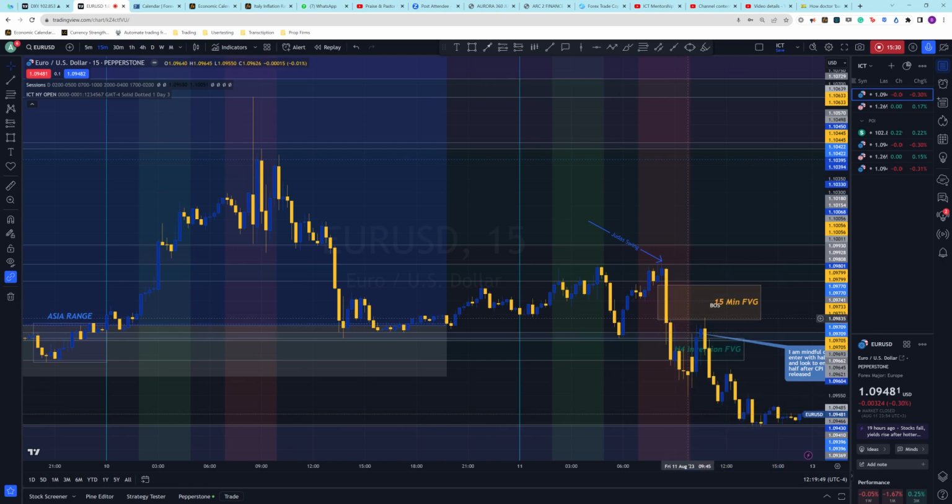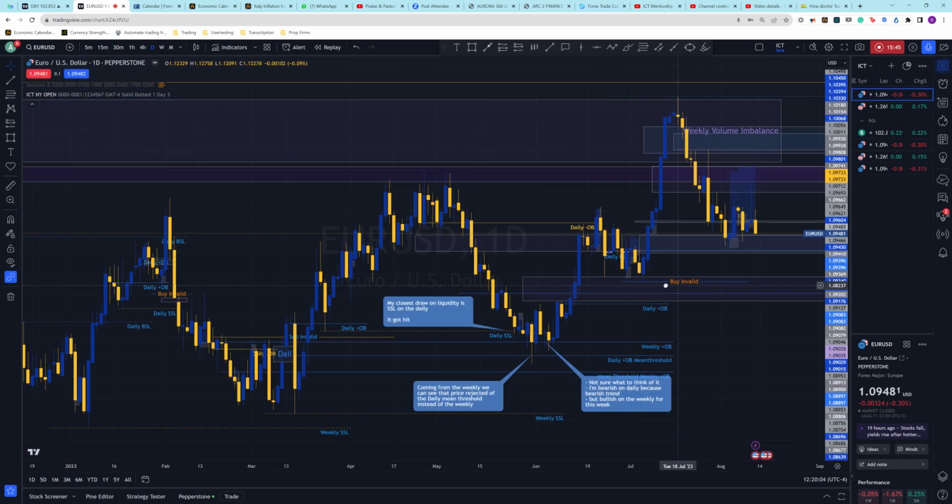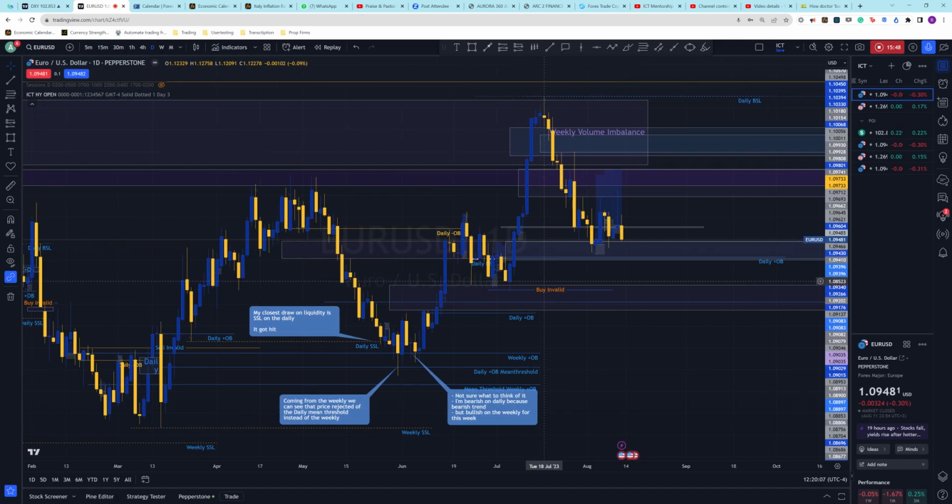Because I'm not very sure how the market is going to react. But I think I'm neutral this week because I can see price might drop a bit lower. It has potential to drop a bit lower, especially because of the DXY, before dropping. So I'll be really monitoring the DXY to see how it behaves, and that will help me get a good read on the market. So there goes my weekly analysis.